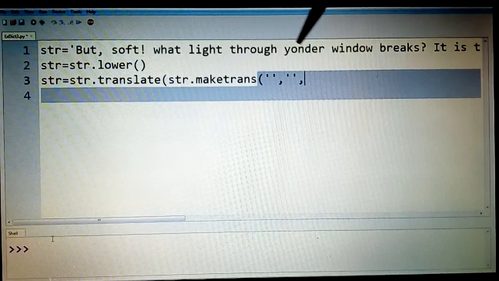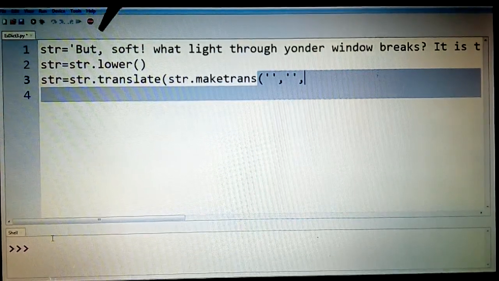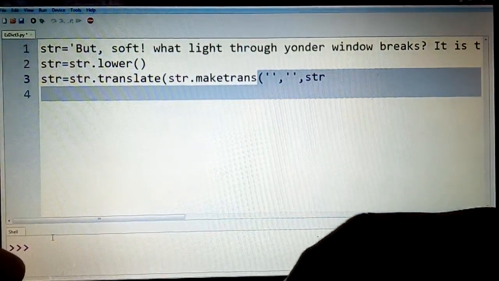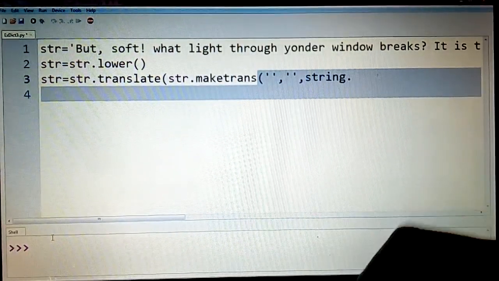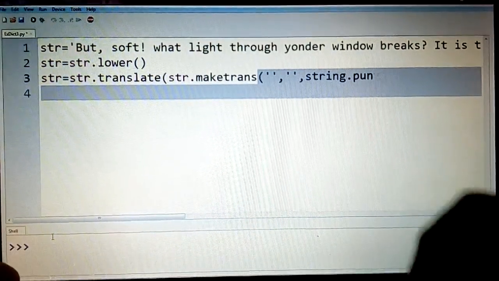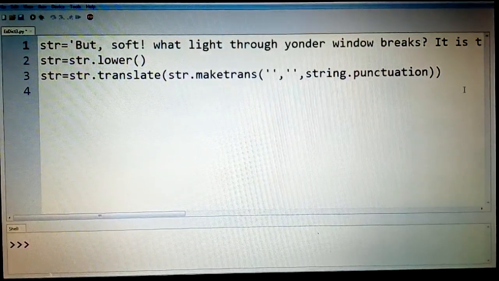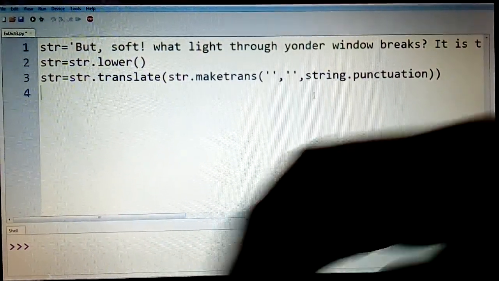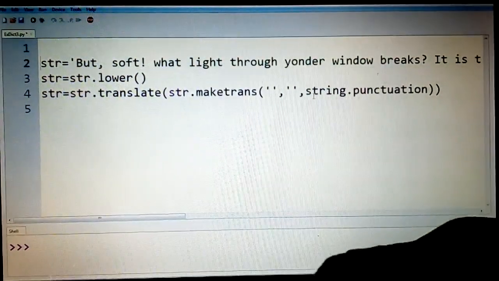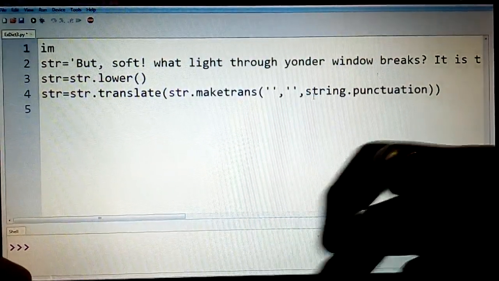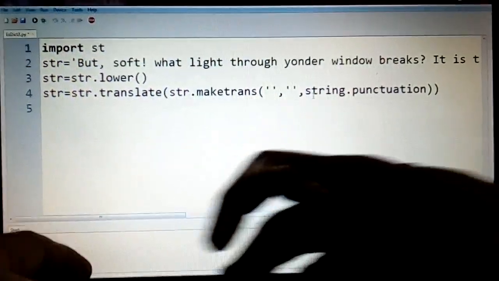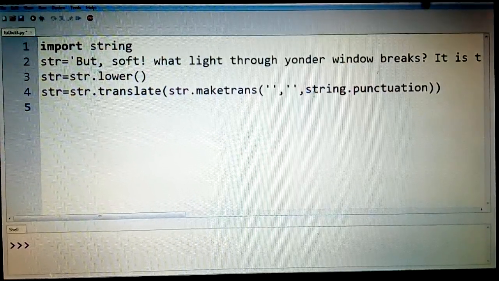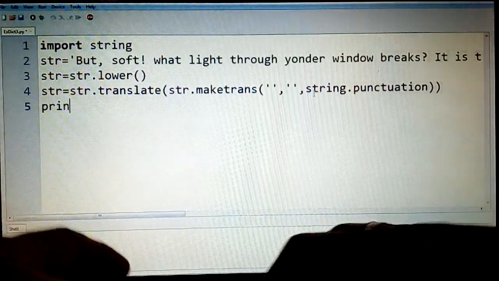no replacements. I just want to delete all the punctuation, but I need not keep on specifying each one of them. As I had discussed earlier, I can make use of an inbuilt library here, string.punctuation. Now when I do this, I need to make use of a module, so I need to import that module. Let us import string, because it is defined in string. So with this I can remove all the punctuation. Of course the dot also would be removed because it's also a punctuation.